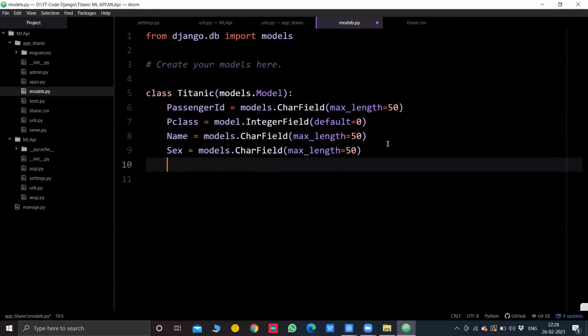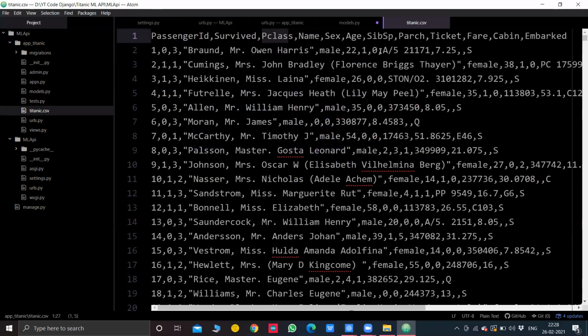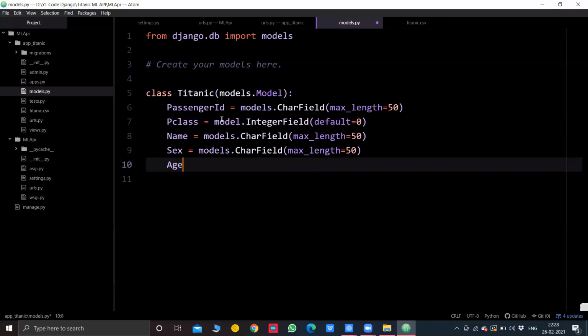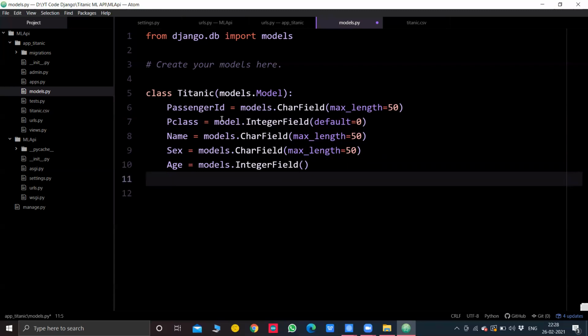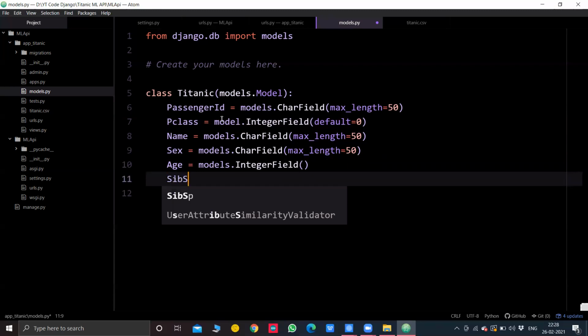So now after the gender comes age. So age equal to models.IntegerField, and just keep it like this for now, because there's no need to default any value here, because 0 won't be an age. We are considering that.